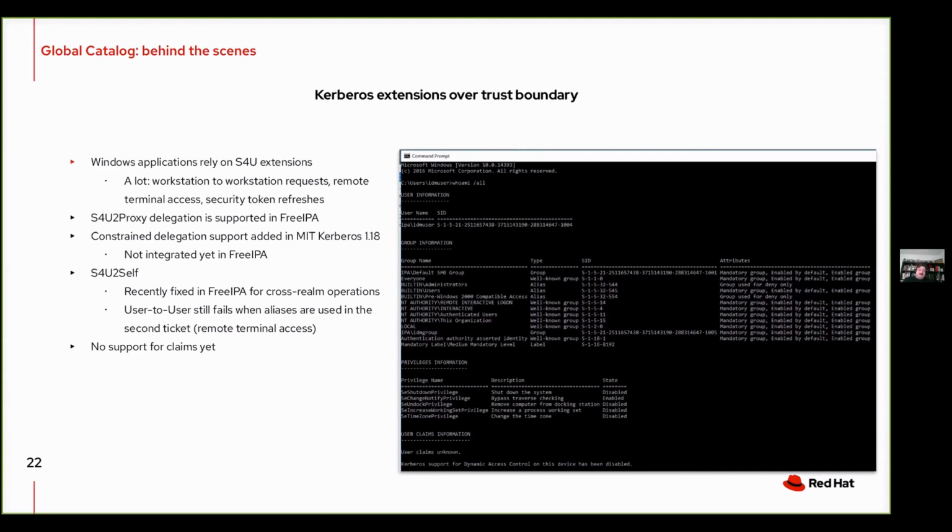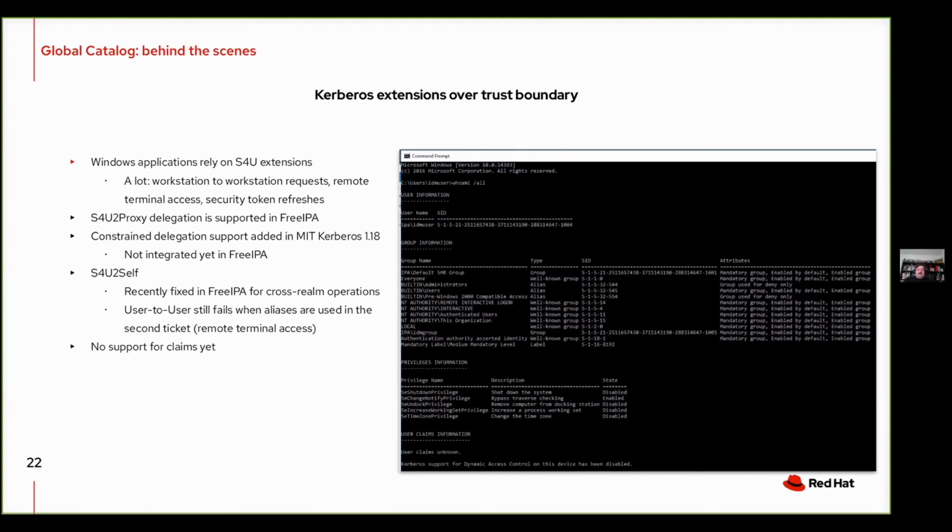So for our desktop access from Linux machine to Windows, this doesn't really need it. But if you try to get from one Windows machine to another Windows machine using IPA user, that will be needed, and there are some interesting bugs there that we need to fix.